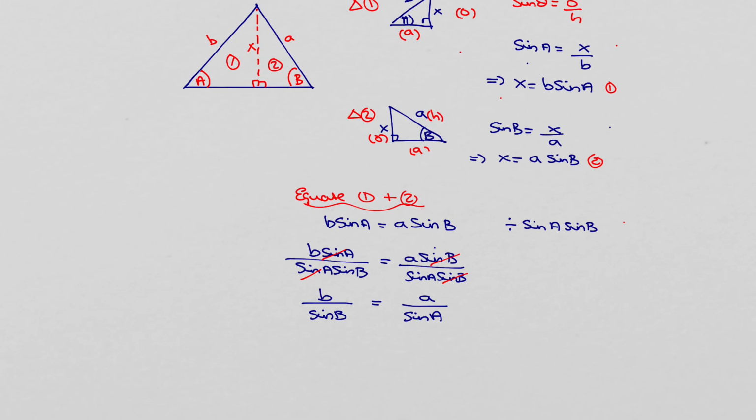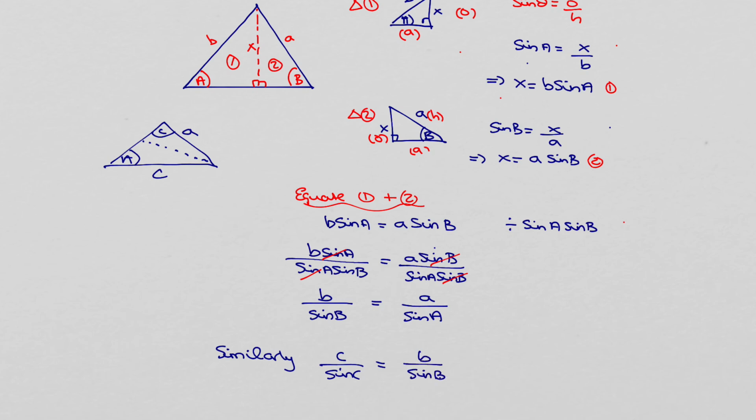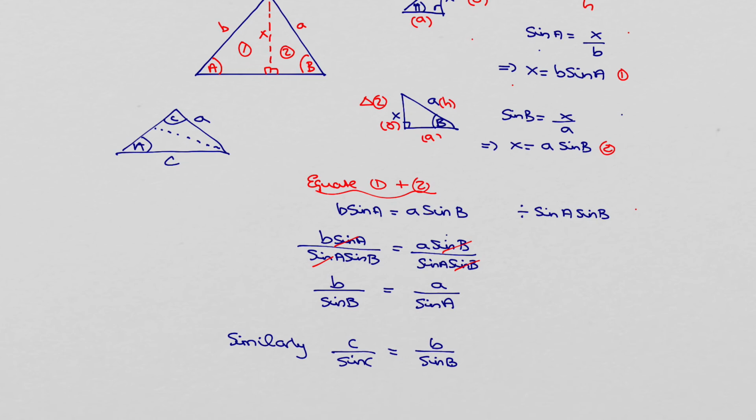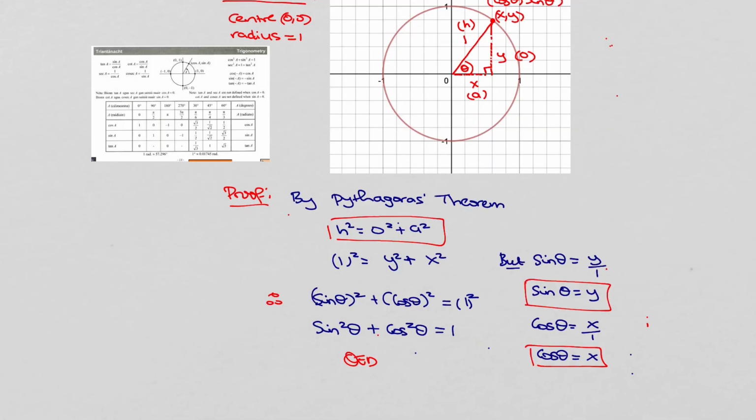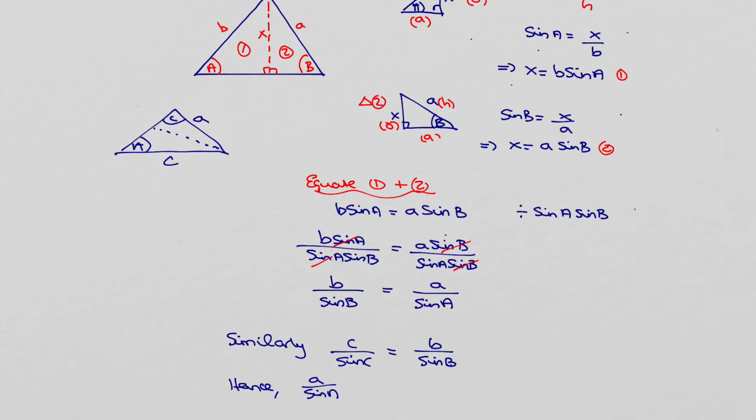But of course I could have taken that original triangle and I could have divided it this way into 2 right angle triangles, which would be AC, angle C, and angle A. And we would therefore say, similarly, C over sine C equals B over sine B, or A over sine A. And again, you don't need to actually do out the full proof for that. And therefore we say, hence, A over sine A,